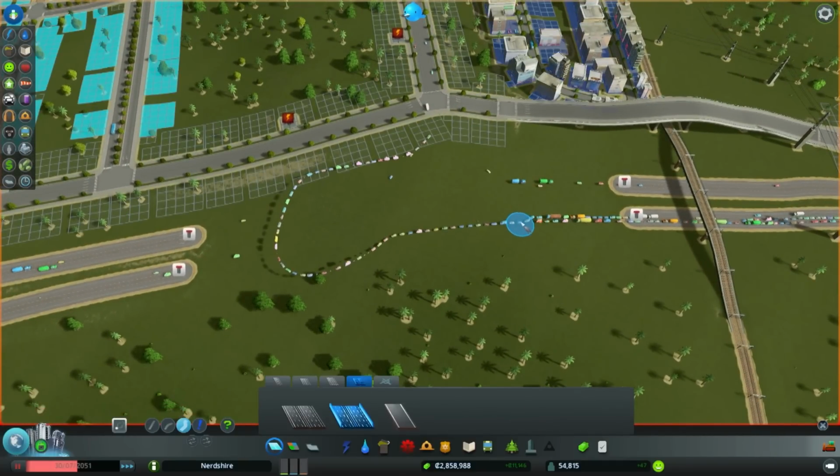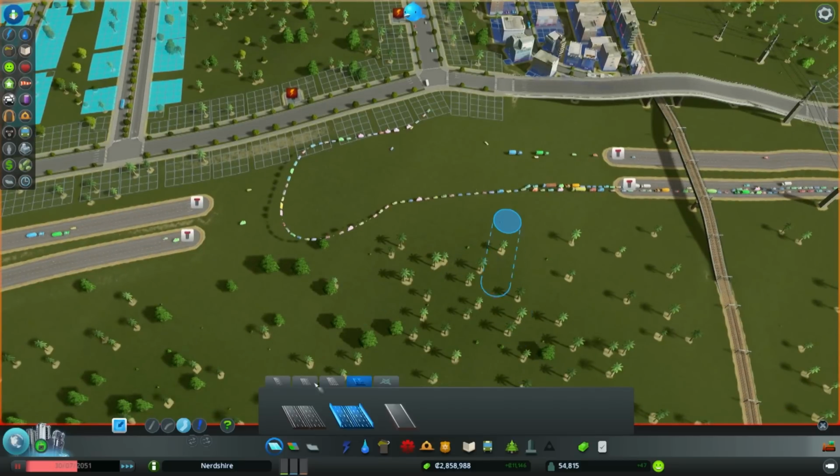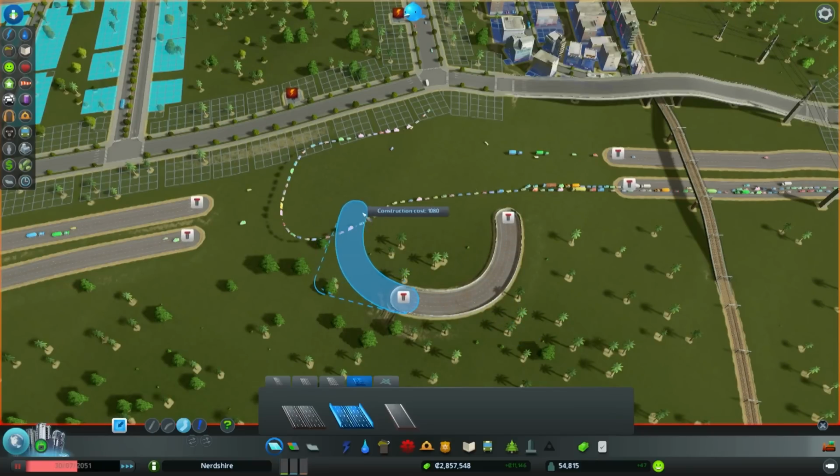Well, we'll start here. And we want to go... Turn on snapping. Turn on this. Can I do this? No, I don't like that. Give me this one. Okay, so we do that, and we go that way. Also, just while we're doing a roundabout,